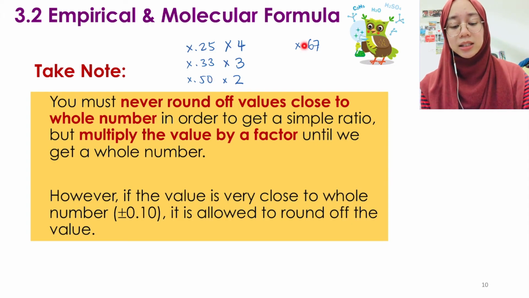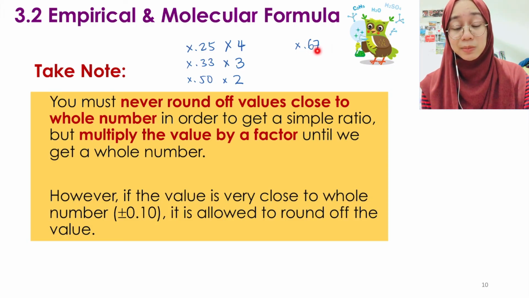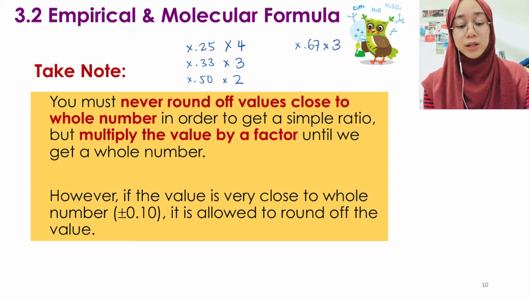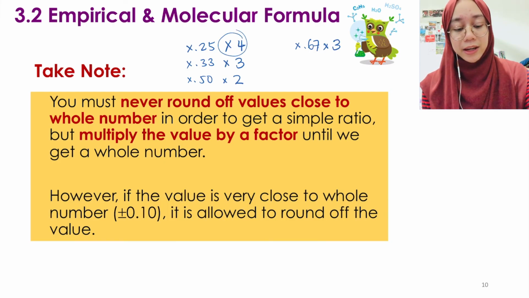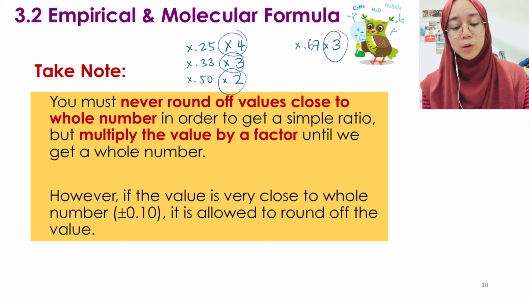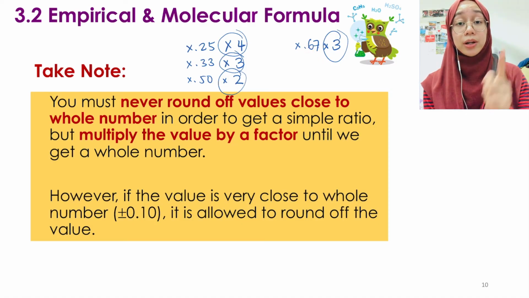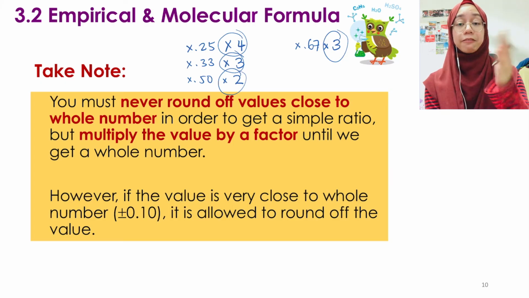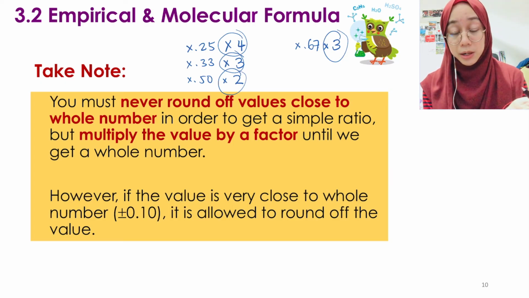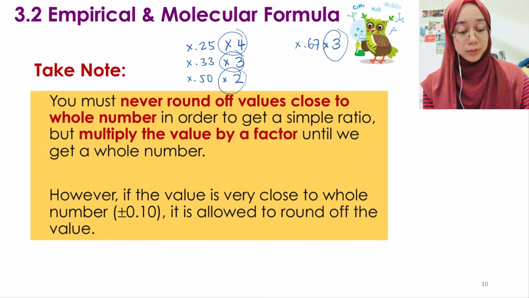So kalau ini 67, kadang-kadang dapat 66 macam tu. So kalau ini pula darab dengan 3 juga. Okay, so ini faktor yang kamu kena darabkan dengan lah bila kamu dapat perpuluhan yang macam ni, perpuluhan 25, perpuluhan 33, perpuluhan 50 ataupun perpuluhan 67. You can't simply round it off. Okay, you need to multiply by a factor dahulu, then you get a whole number. Okay, so